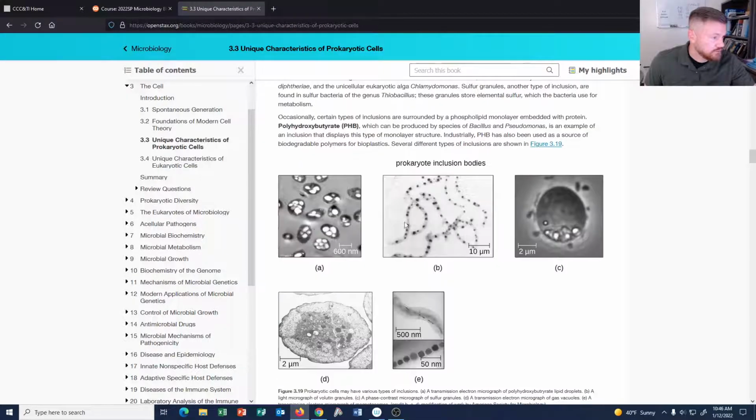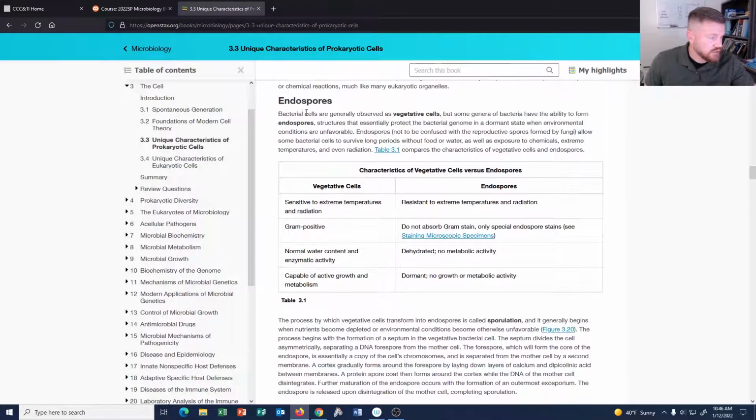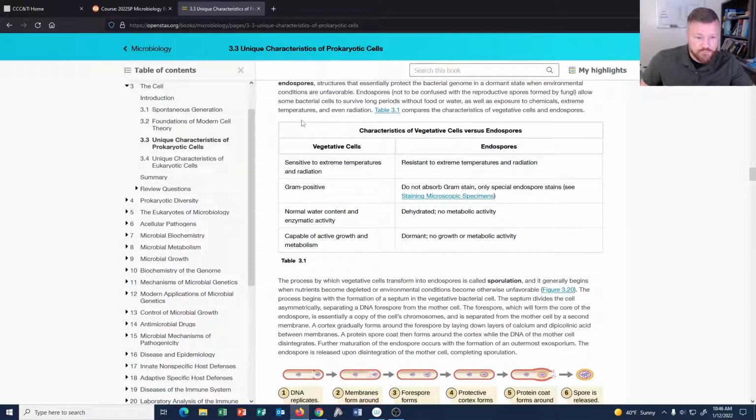Nucleoid I talked about, some inclusions, you can read over those. Another kind of thing that bacteria can do that eukaryotes typically don't do would be this endospore. So endospores, if a bacterium is in a really harsh environment, say it dries out or whatever, they run out of nutrients, they can form these structures called endospores that can stick around for terribly long periods of time and then kind of come back, right? So an endospore could stick around for months or years until the right environment comes back,